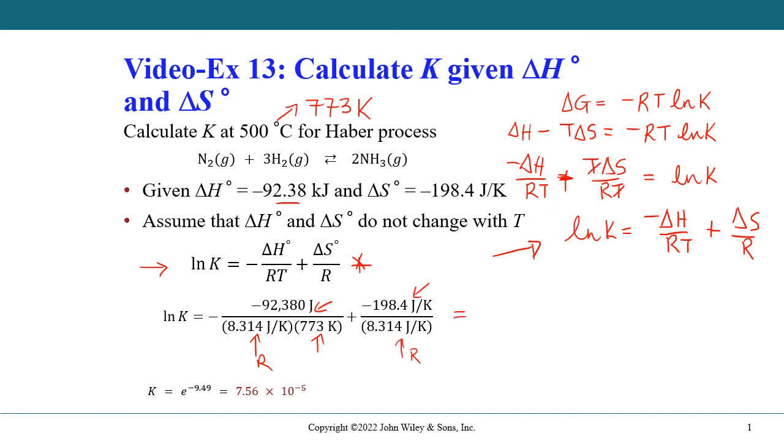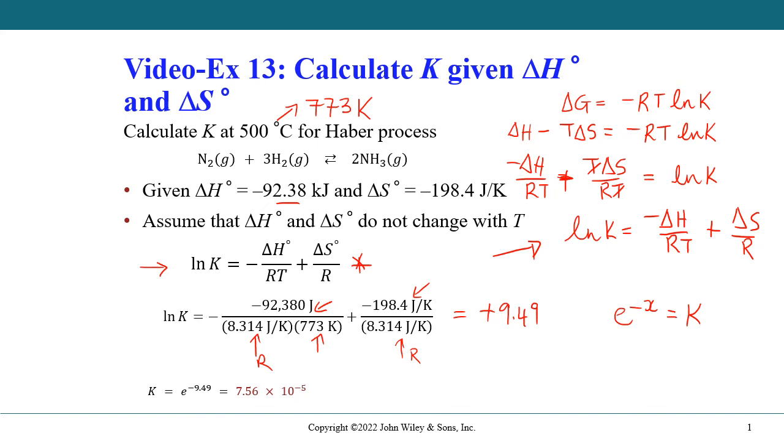Okay, so ln K is going to be negative 9.49. Okay. And then we can plug it in, and this is now e to the minus x. Okay, remember, e to the minus x is going to be equal to K. And we plug the value of 9.49 into the value of x, and we end up with a small value